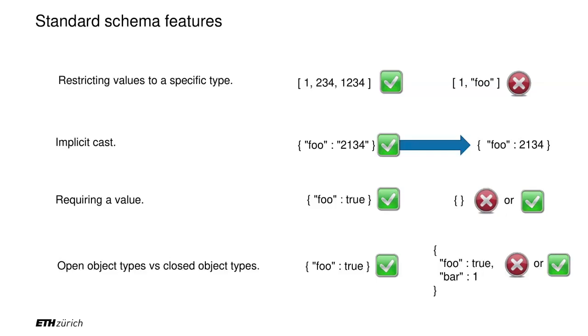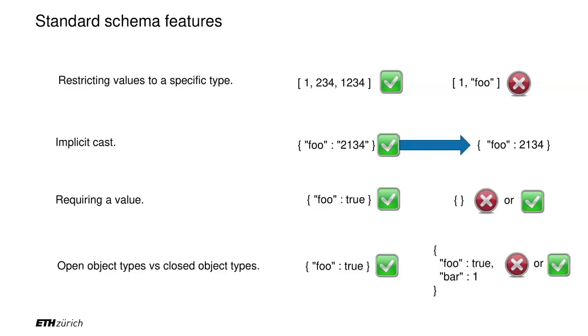But that's only an approximation because in fact, it's going to be in memory. It's no longer the JSON syntax at that point. It's a memory tree representation of what you had. The next thing you can do is require a value. You can say, I want this key to be here, the exclamation mark, right? So you can require the value or you can make it optional.